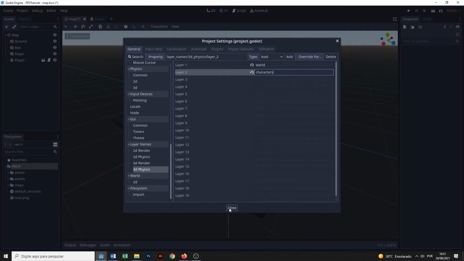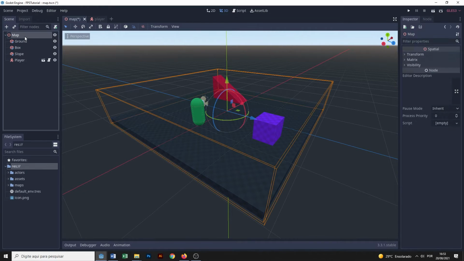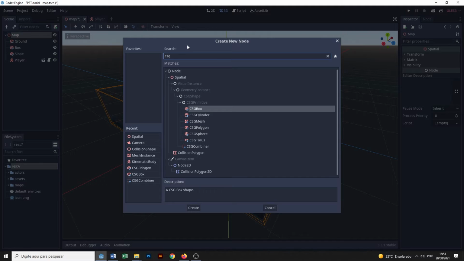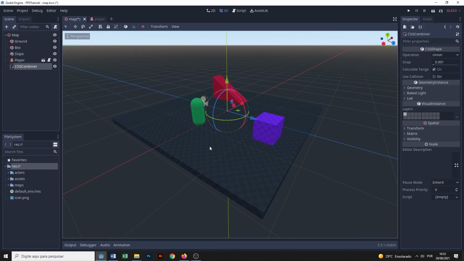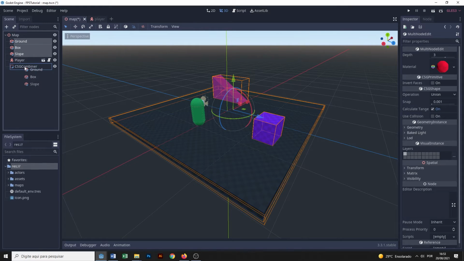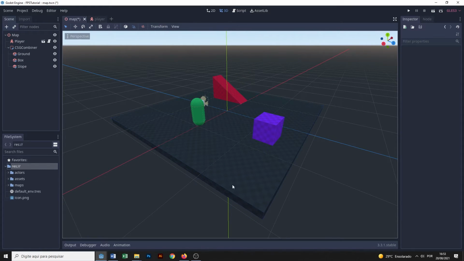Back to the map scene, and to make our lives easier, select the root node and add a new child node of the type CSG Combiner. Then grab all the CSG meshes we've made and drag them to it. Now that they're all children of the CSG Combiner, we can change collisions in it and it will pass down